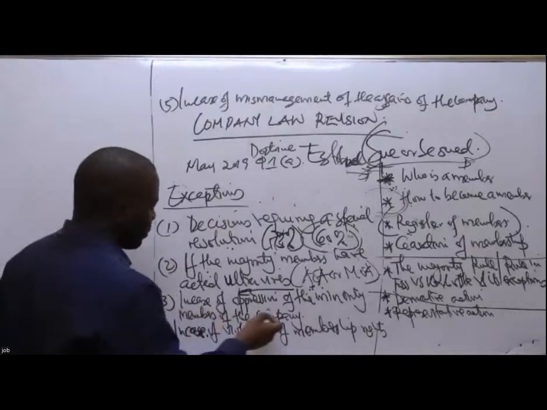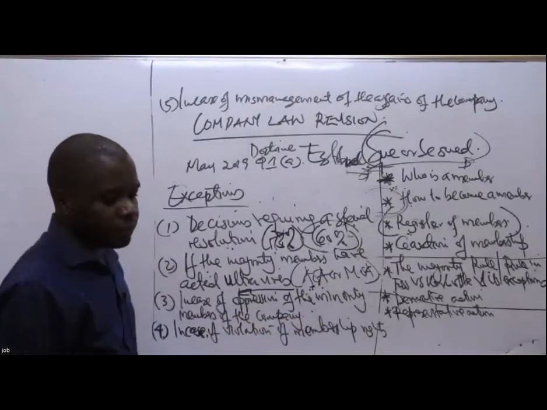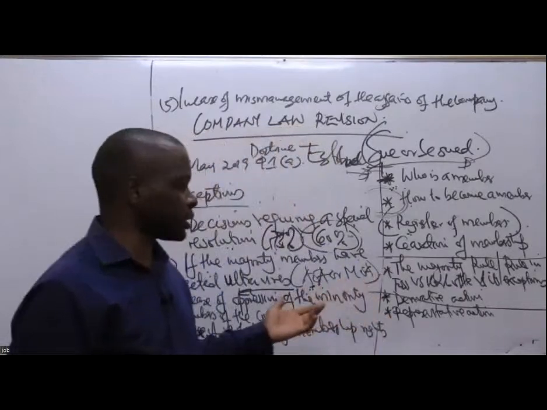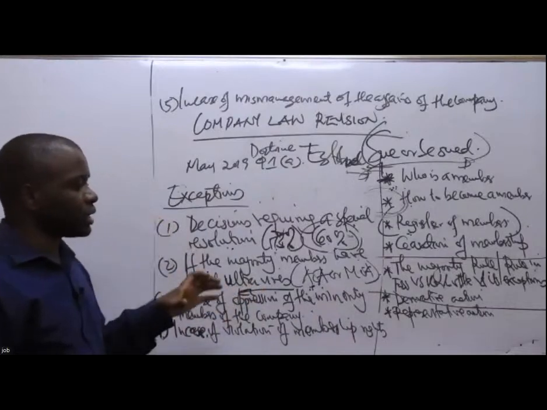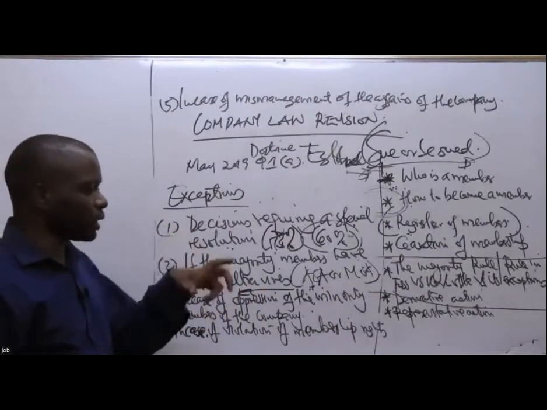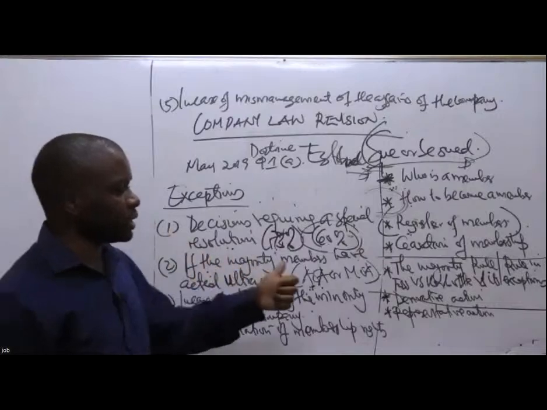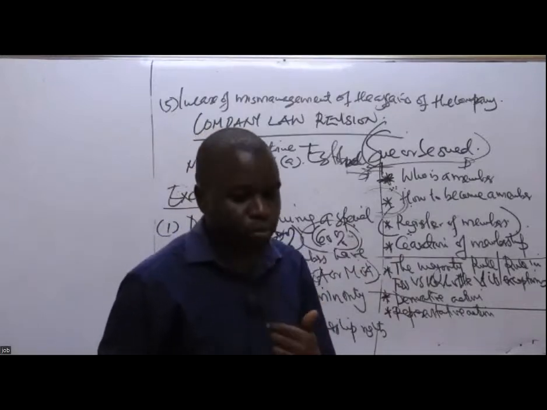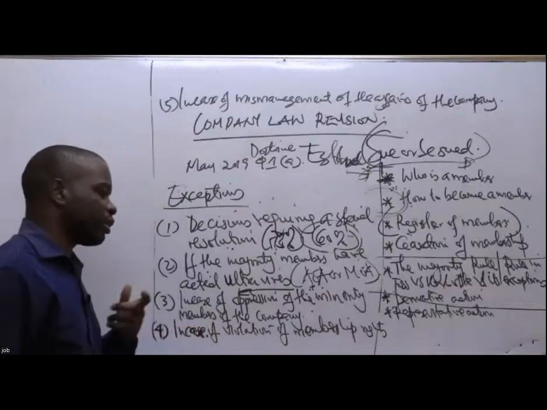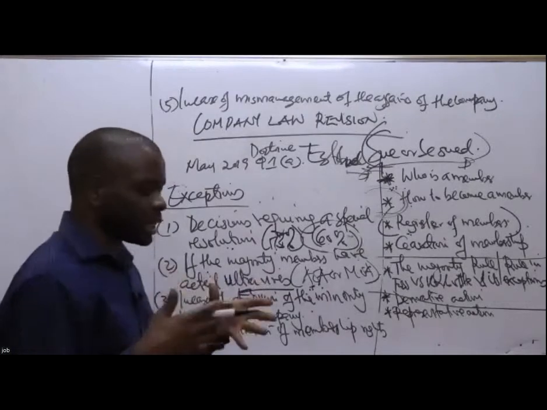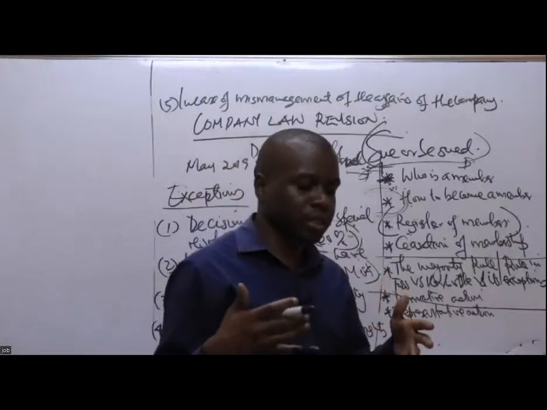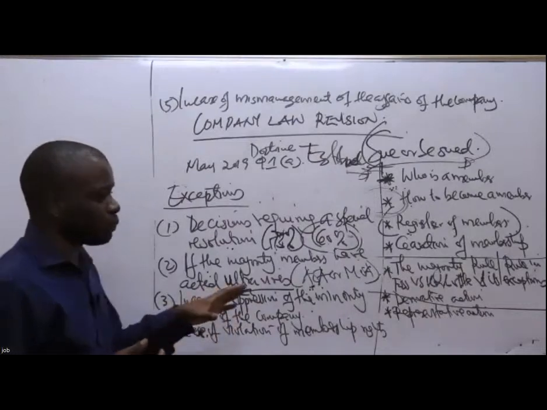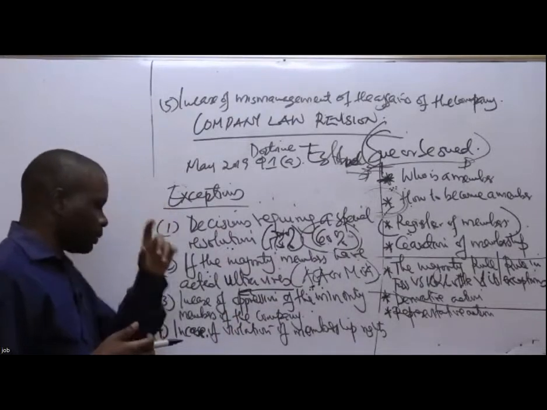In case of oppression of the minority members of the company, for example, if a particular decision being made by the majority is simply to frustrate or oppress the minority members, in such a case they can go to the courts and stop that decision by the majority. Minority are those who have a minimal or small number of shares in the company. The majority can gang up and come up with decisions that are not very favorable to them, just to oppress them. So they can stop that particular decision of the majority by simply going to the court.